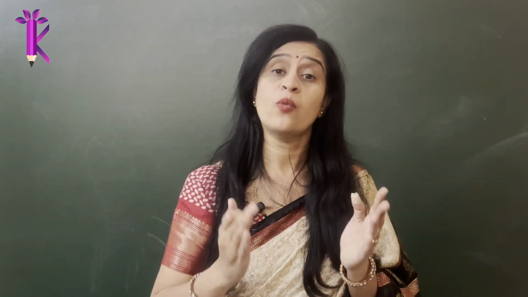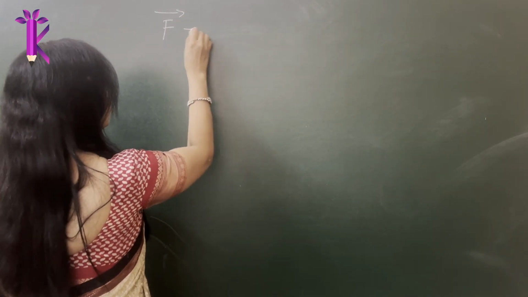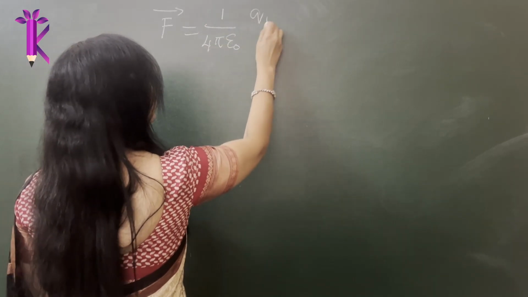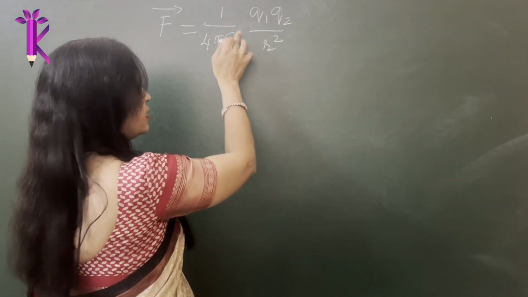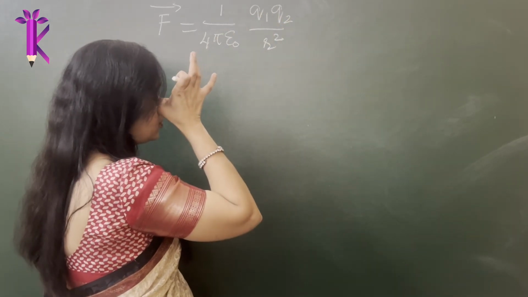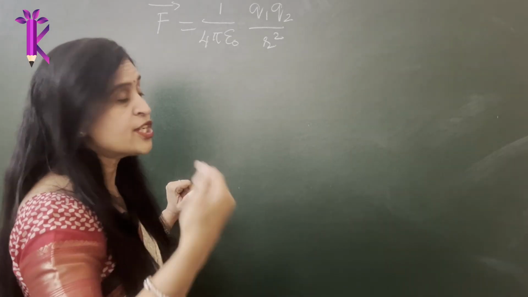So the time has come to write the Coulombian force of attraction or repulsion in its vector form. We did it in the previous session, and we'll do it again more elaborately. Let's get started. Force, if you have to write it in the vector form, is obviously 1 by 4 pi epsilon naught Q1 Q2 divided by r square. All of this is the magnitude. 4 pi epsilon naught is also part of the magnitude of the force, the product of the charges is a magnitude part, and r square is also a magnitude part. Although you can also write it with direction, which I will show you now.